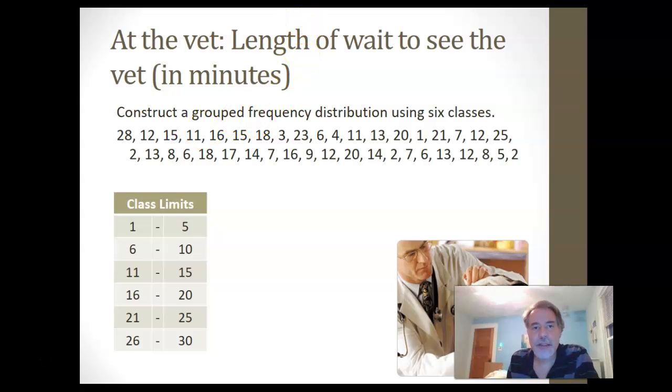So let's try this. The first number is a 28, so that gets counted in that last class, 26 to 30. The second number is a 12, so it gets counted in the 11 to 15 class. Then the 15 that comes next is also in that class, and so is the 11. Then we have 16, and then another 15, then an 18, 3,